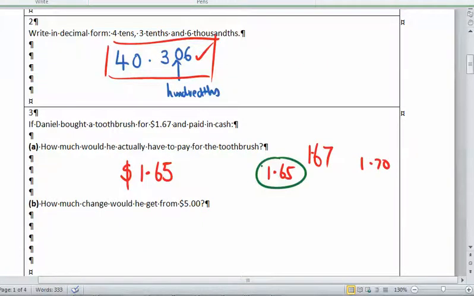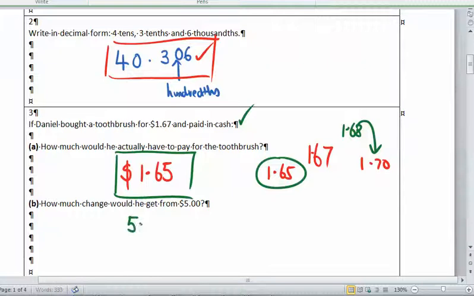Okay, so he's paid in cash. So he's tried to pay for an item which is $1.67 with $5 in cash. They have to round down. Or if this was $1.68, then they would round up to $1.70. Yes, so the answer is $1.65. Now, how much change would be given? Well, that's just a simple decimal. $5 take away